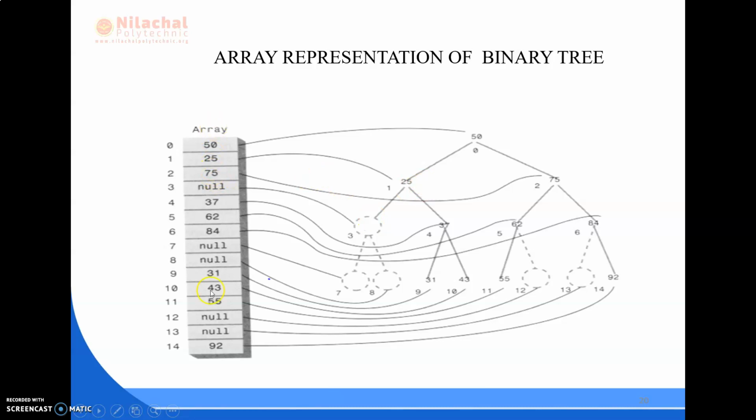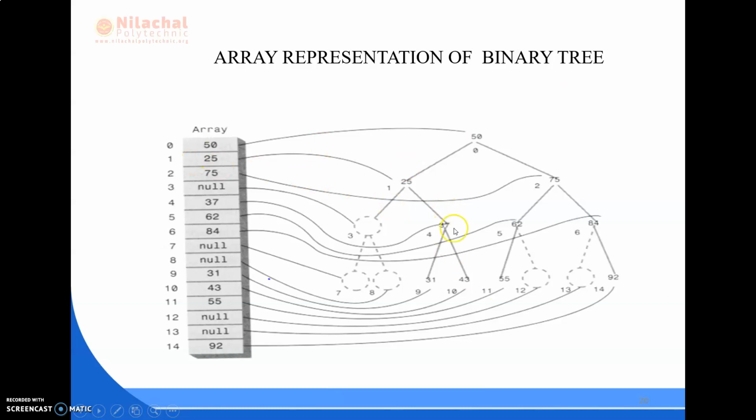Next, in this array of size 15, we have some data, that is 50, 25, 75. So here 50 is stored at memory address 0, array of 0. 25 is stored at memory address 1, that is array of 1.